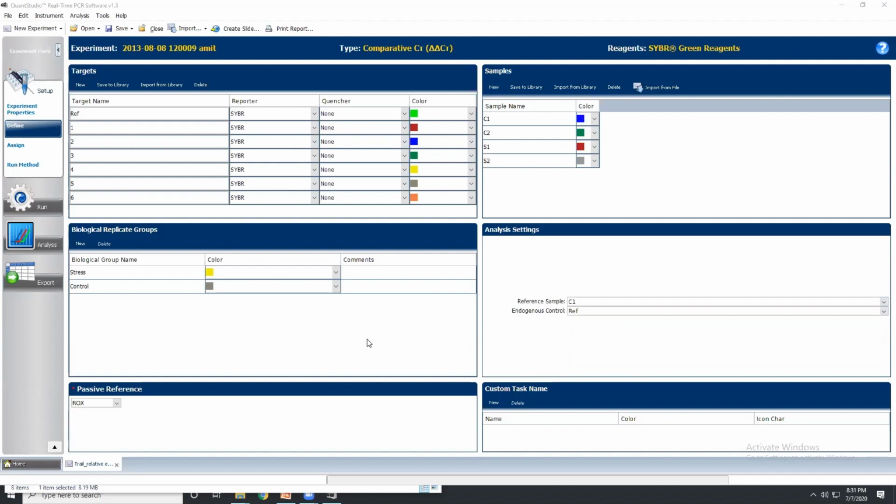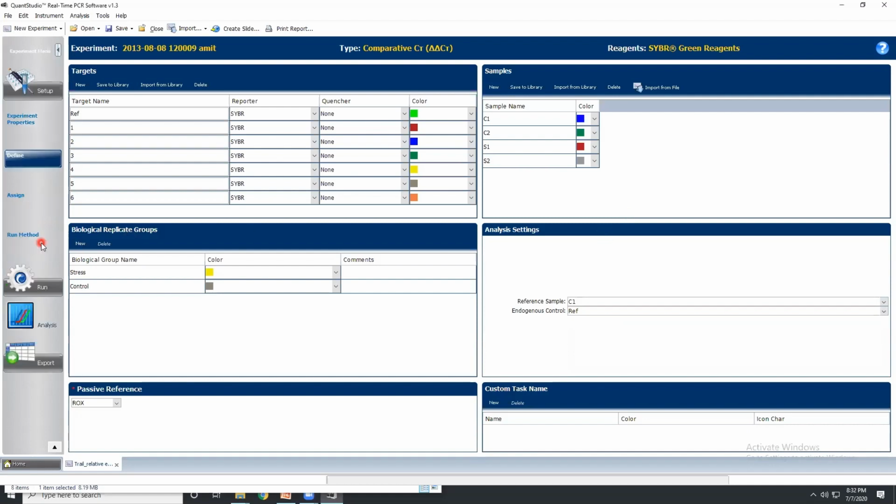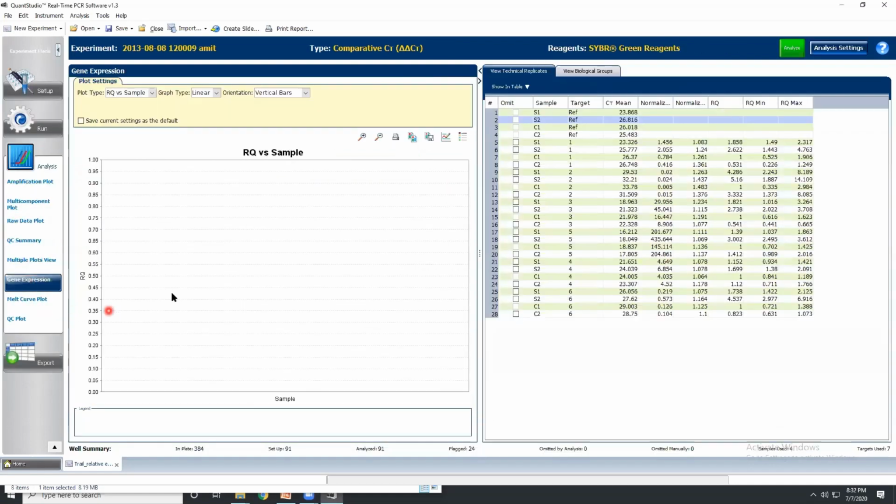But as I said, we should not rely too much on the gene expression data given directly by the software. In the analysis, in the gene expression part,